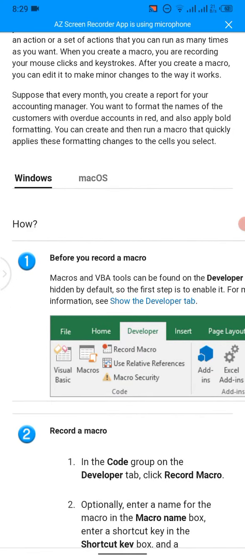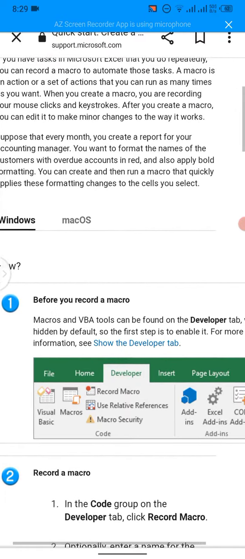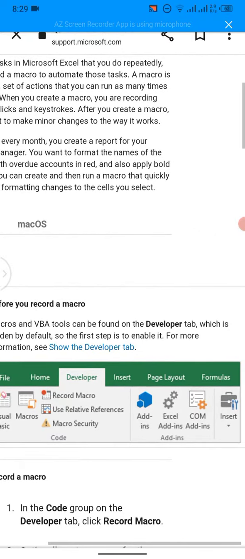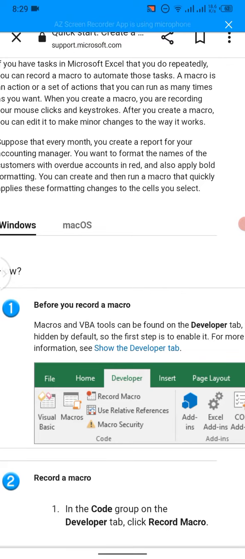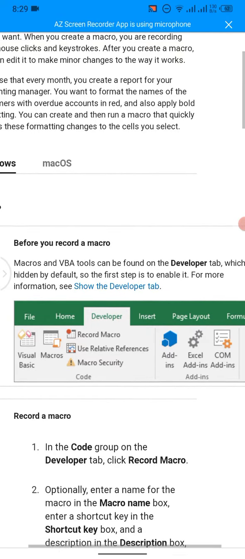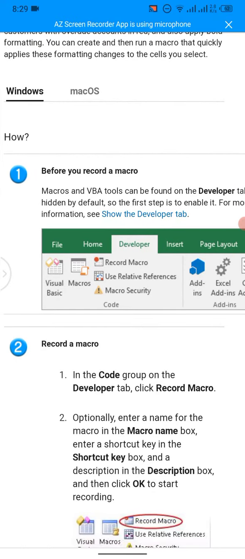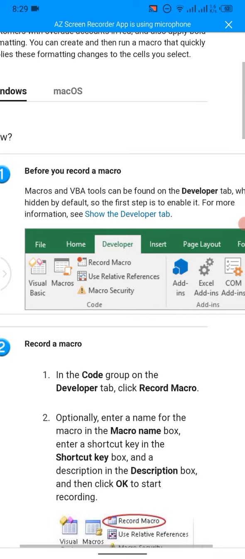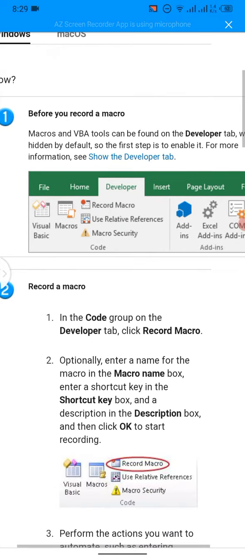Before you record a macro, the VBA tools can be found on the developer tab, which is hidden by default. So the first step is to enable it. For more information see show the developer tab. तो गाइस यहाँ पे देख सकते हैं डेवलपर को किस तरह से हाईलाइट करना है आपने। Record a macro. In the code group on the developer tab, click record macro, optionally enter